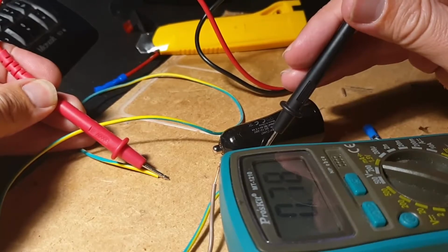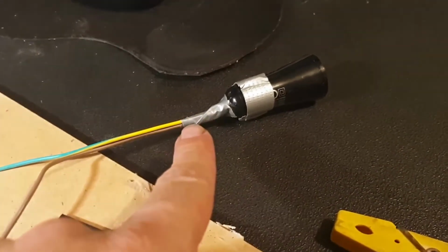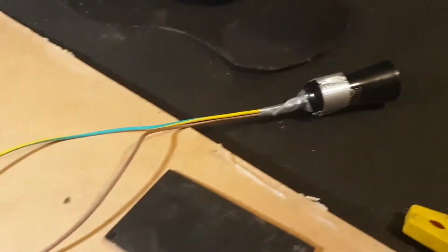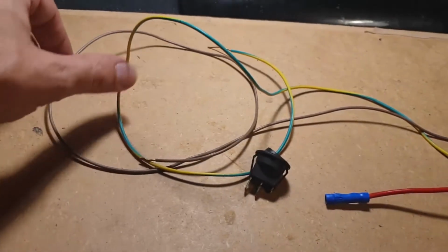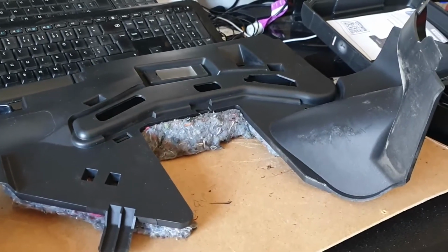I would say that worked. The wires have been soldered into place. They seem to work absolutely fine. I've tested them with the multimeter, and yeah, the current goes along the wire, sorry. So this panel is what is beneath the steering wheel,